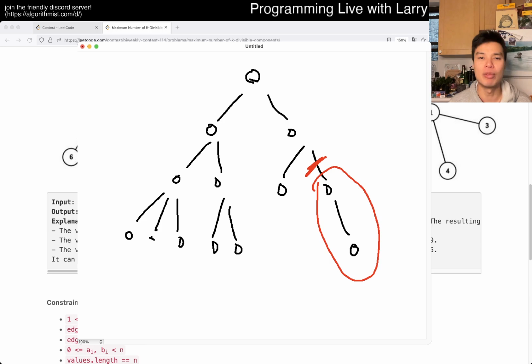So what does this mean? Well, we know that the entire tree is divisible by k, so that means that we cut it off here, and assuming that this is divisible by k, that means that the other part is going to be divisible by k still. So that's basically the core part of it, is this invariant that if you cut off a branch,